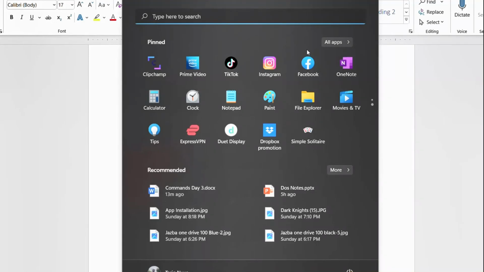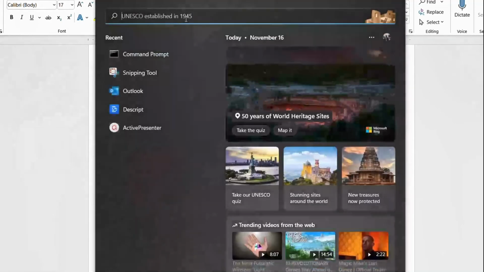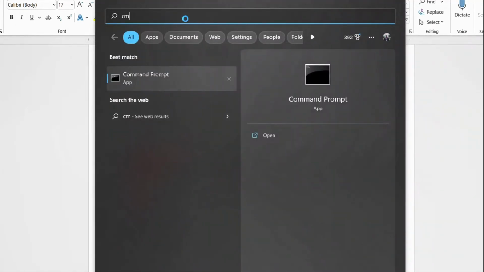So the easy way to get to your command prompt is if you just go here on the search and type CMD. Okay, so we're going to type CMD. Now, one more thing to let you guys know is that DOS is not case sensitive, which means we can write the commands in uppercase or lowercase. It doesn't matter. Now, CMD stands for command, so we don't have to write the whole thing, command. As soon as you type CMD on your search bar on the start menu, you see the command prompt automatically popped up. Now on the right side, you can click open if you want to open it. Now by default, when you run the command prompt,